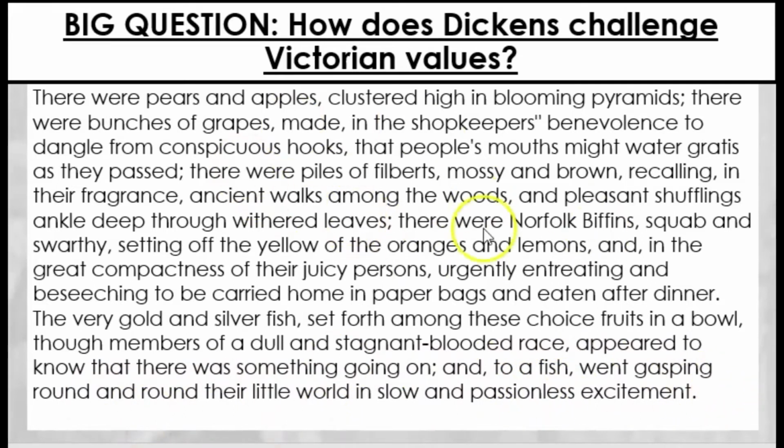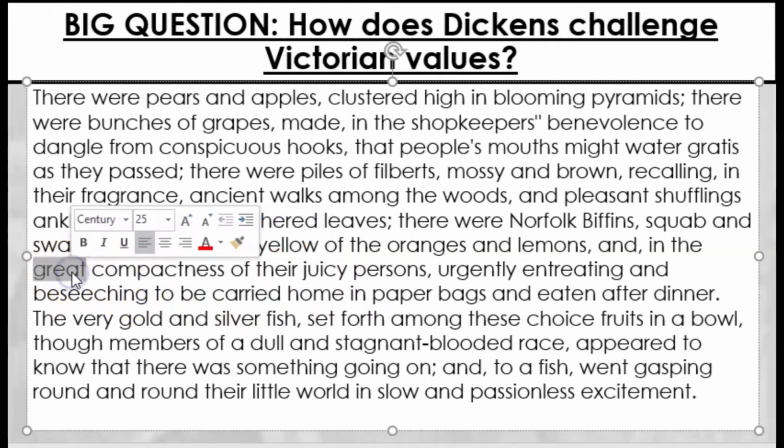So again, we get this kind of rich description of food, long listing of food that is being displayed. Gratis just means free, by the way. So this idea that these displays are there to make everyone's mouth water, there's no charge to be able to see these things. They're being put on to display and please people as they go by. Obviously, they're there to try and encourage people to buy them, but nevertheless, these things are being displayed for all to see. We get various kinds of apples and pears on display, and contrast of the colours. Again, all these lovely colours reinforcing the bounty and benevolence of nature. The idea of great compactness. So it's lovely, almost oxymoronic juxtaposition, the idea that they're compact, tight and small, and yet at the same time, great and huge.